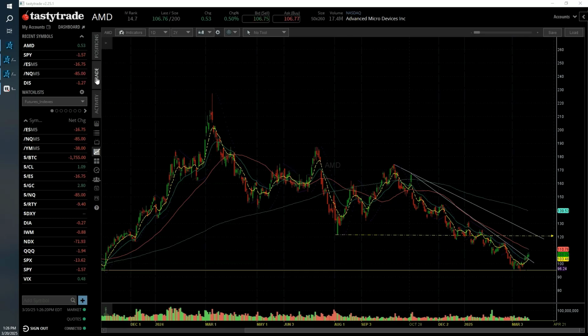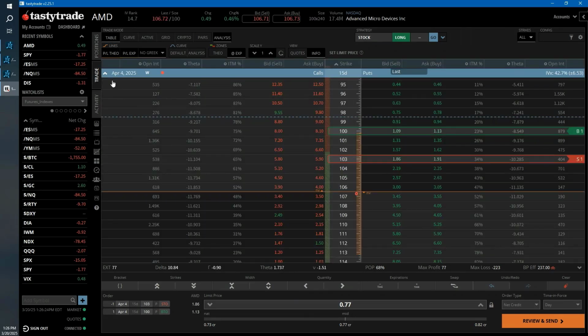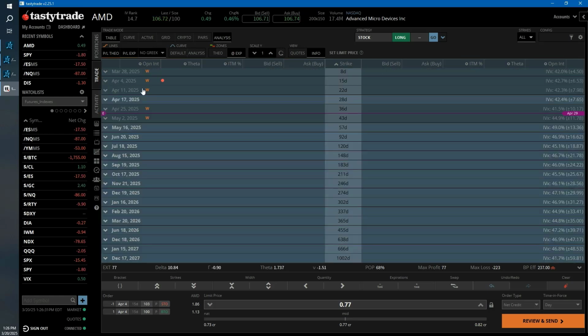So let's take a look at the trade setup. I want to look out a couple of weeks. I'm going to go out 2 weeks to this April 4 time frame. That allows me some very good credit in an area where our implied volatility is still holding in that 42, 43 level and doesn't get us close enough to this earnings event that comes up at the end of April. So once again, April 4,